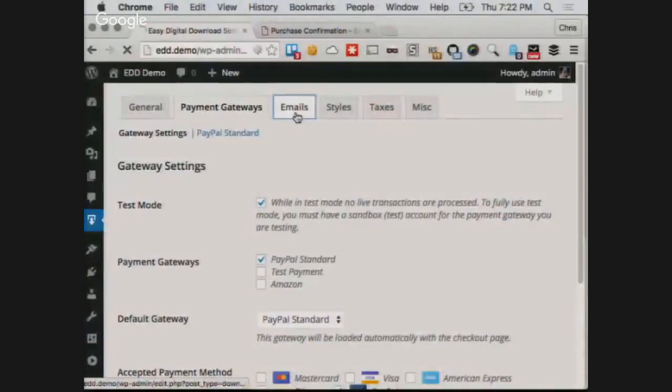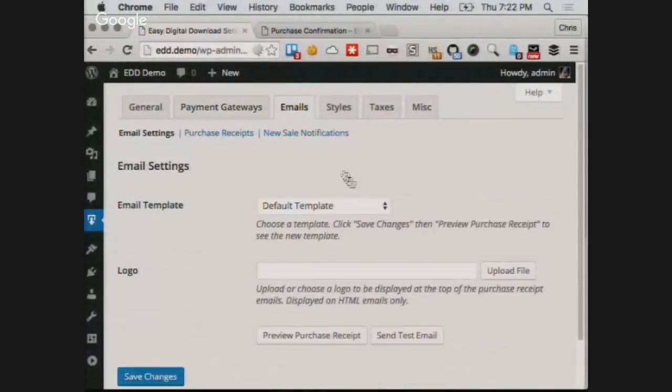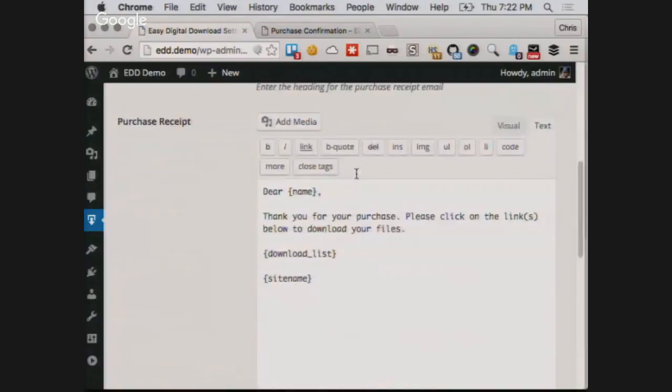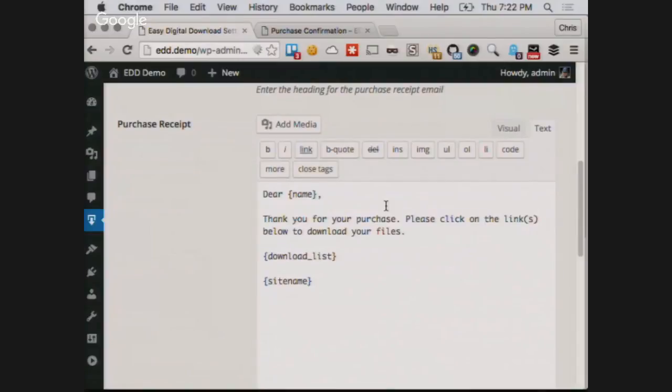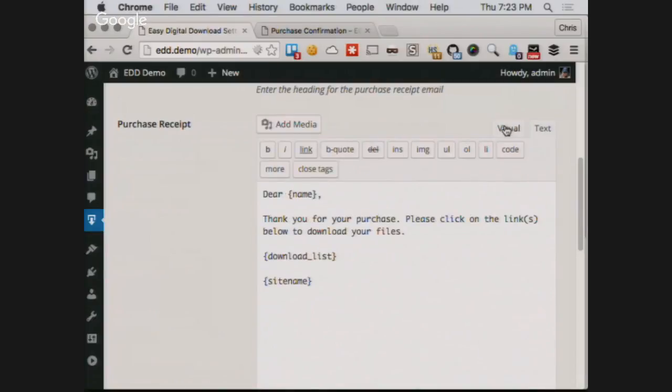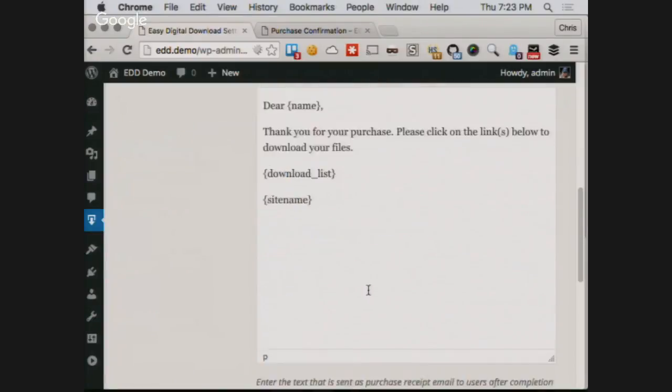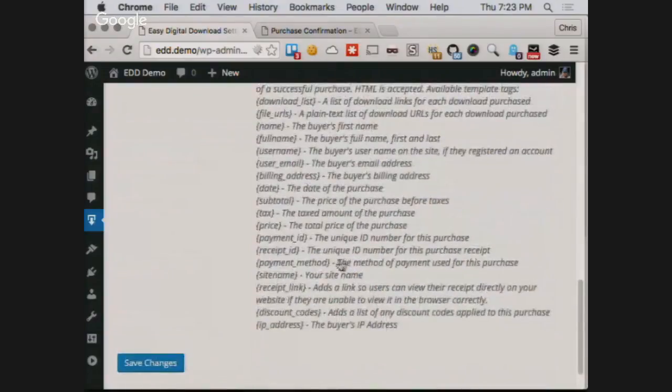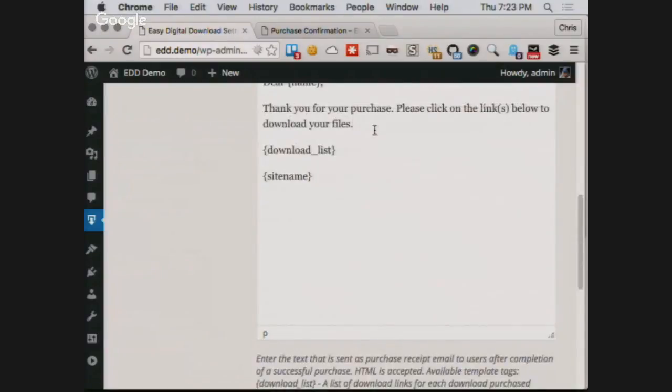We also offer customization of things like the email confirmation. If you want your customer's purchase receipt, we give you a default one that simply says, dear name, thanks for your purchase, here are the links to download. You can completely customize this with a visual editor, or it's just like editing a WordPress post. Makes it really simple for you to go in. We also have a list of tags that allow you to say, I want to tell the customer the price they paid. And I can just add that in there. So now the receipt they get will tell them how much they paid,